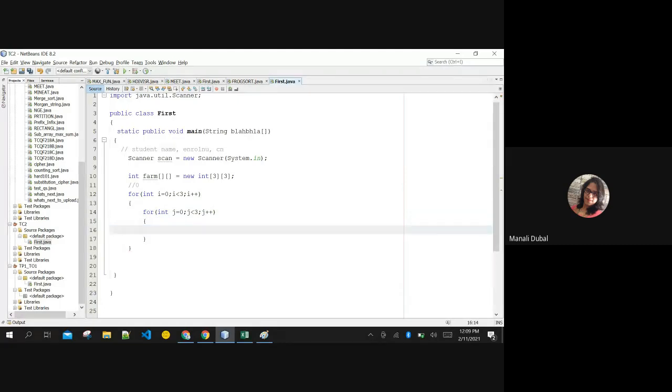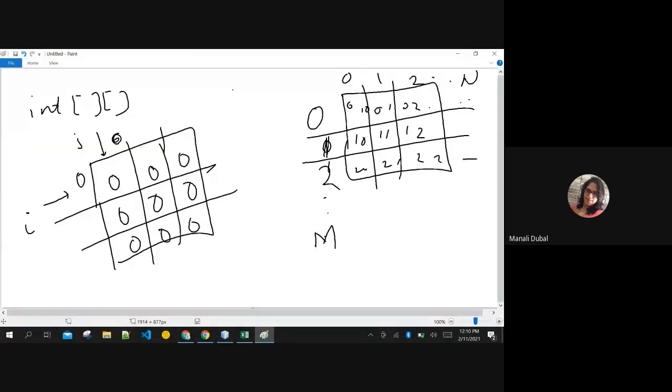Now I want to input something. In form of ij, I want to input some integer from the user. Initially, when i is 0 and j is 0, whatever value the user enters is stored in the first box, right?